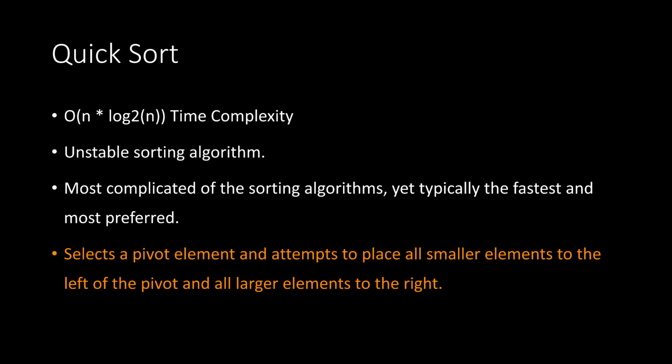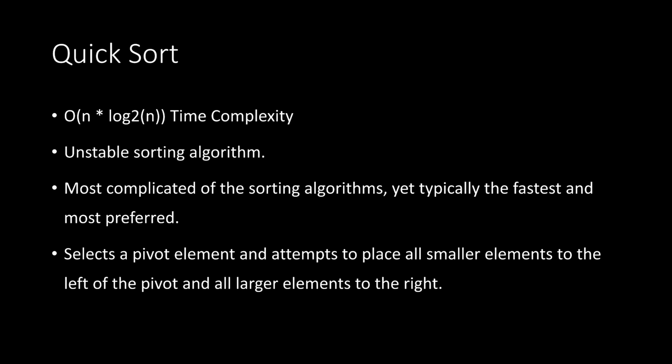Regardless, to give you a super quick preview of what it does, the quicksort algorithm selects a pivot element. Then what it does is it attempts to place all of the smaller elements in the array to the left side of that pivot and all of the larger elements in the array to the right side of the pivot. Now that seems trivial, right? It seems, oh, that's easy. I can take all the smaller ones, put to the left, all the greater ones, put it to the right. However, the way in which it performs these swaps is a bit more complicated, and it does this recursively such that it's not running in big O of n squared time,